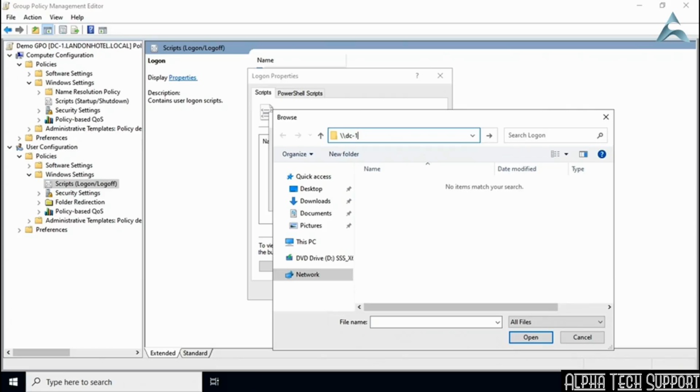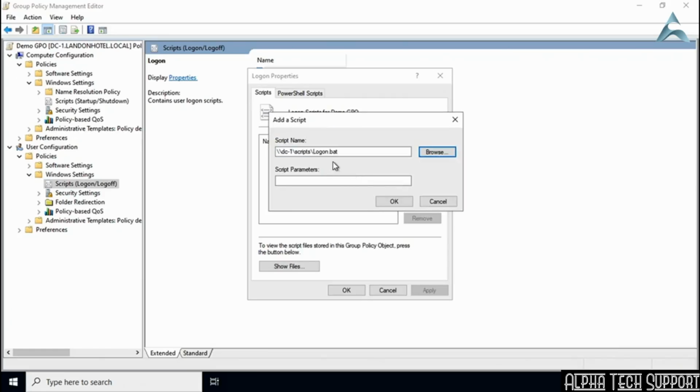So out on DC1, I have a shared folder called scripts. And there I have a logon.bat file. Okay, so now I have a shared location. Now this is much better than what I had previously with the local location, but this still has one potential